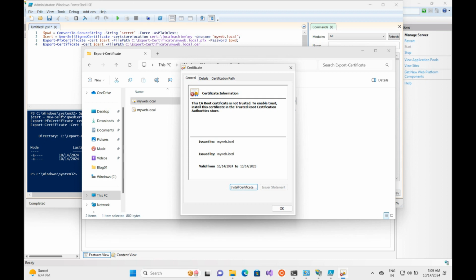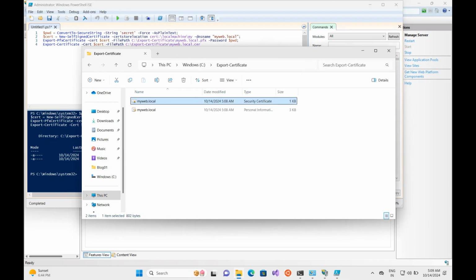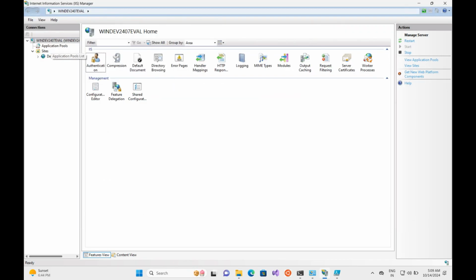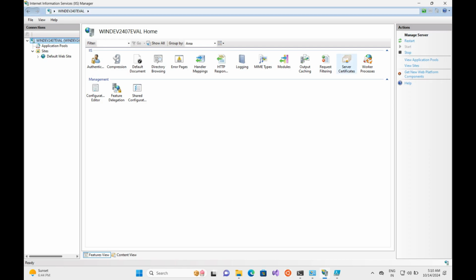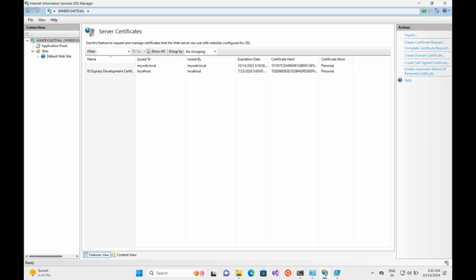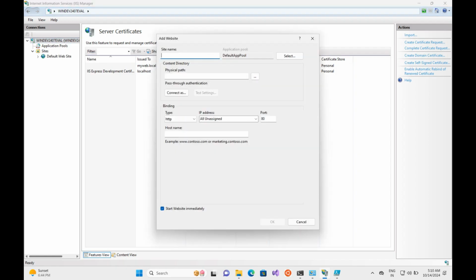So let me go into IIS. I am going to show you that the certificate is already installed and it's available for our website. So this is our certificate, myweb.local. So next I am going to host myweb.local in IIS